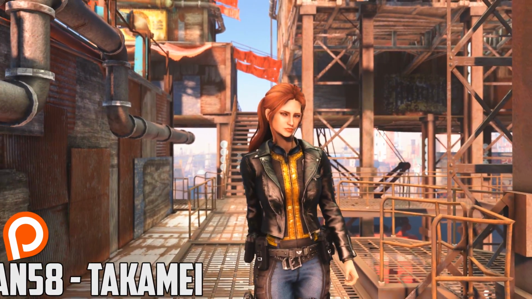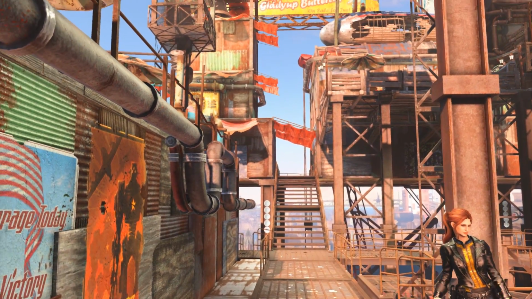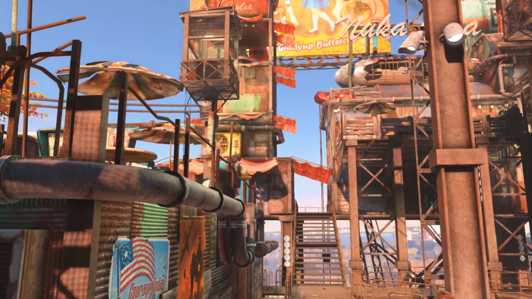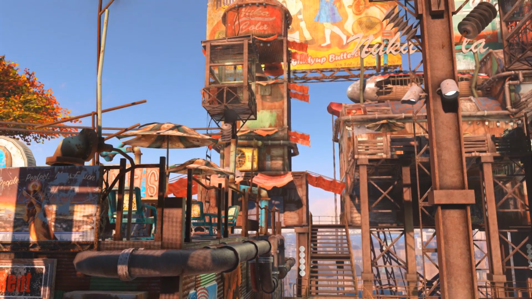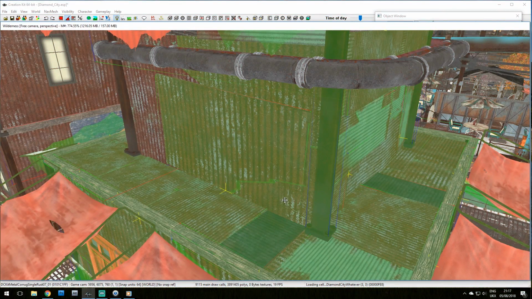And since this is the very final episode of building the interiors, it means after this, all we got to do is make some NPCs, write all the lore terminals, and then we can release the mod. So let's go! So to start off with building the interior, we are going to grab all of the exterior